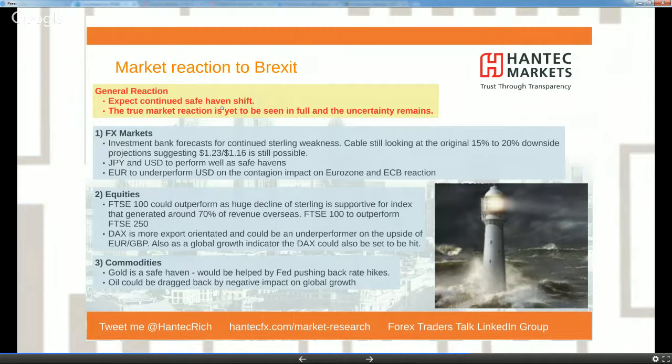Nothing's changed on Brexit. The world still thinks that the UK economy is in a lot of trouble. I spoke about the political turmoil that we've got in the UK, and the fact that you're going to see the Bank of England coming out and cutting monetary policy. These are all panic measures, effectively. What sort of contagion are we going to get from the Brexit fallout is interesting, and no one yet knows. With the uncertainty still coming through the markets, that's going to put pressure on cable to the downside. So investment bank forecasts continue to suggest sterling weakness.